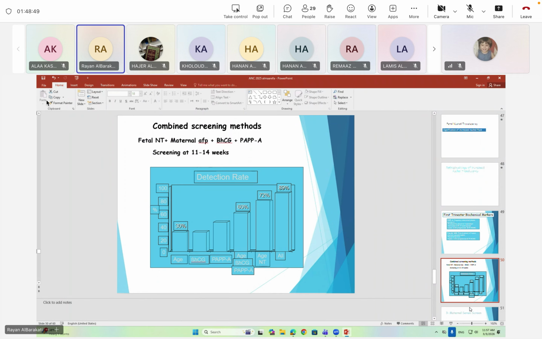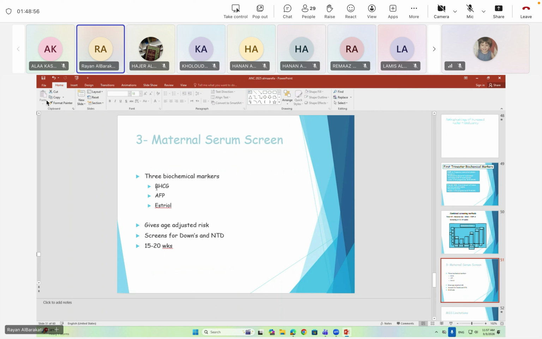What about the three biochemical markers? If we do beta HCG, alpha fetoprotein, and estriol, this gives an age-adjusted risk. Alone, it is not meaningful. It should be related to age. And this screens for Down syndrome in the second trimester, and also for NTDs,